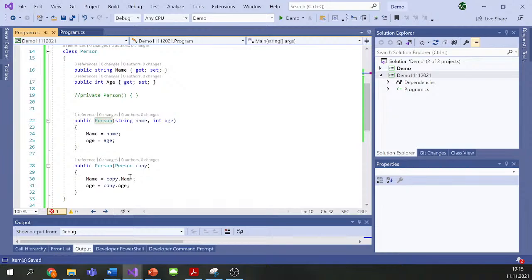But if at least one parameterized constructor is defined, we cannot create the Person object without any parameters anymore. So this is the first thing. And you see there is this line of code again, which means nothing, because basically this is done by default when the constructor is